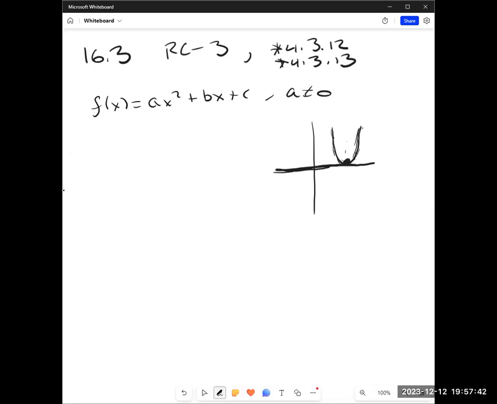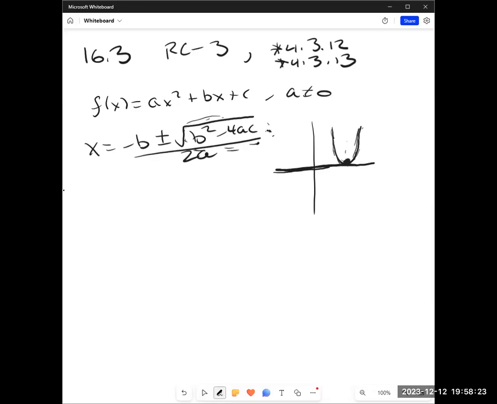So now let's look at the next question. If b squared minus 4ac is greater than 0, it's a positive number, which of the following can be said about the graph of ax squared plus bx plus c with a not equal to 0? So the graph is going to have 2 distinct x-intercepts, right? If I have x equals negative b plus or minus the square root of b squared minus 4ac all over 2a, if this part right here, b squared minus 4ac, is a positive non-zero